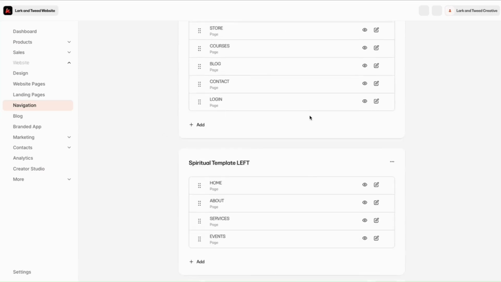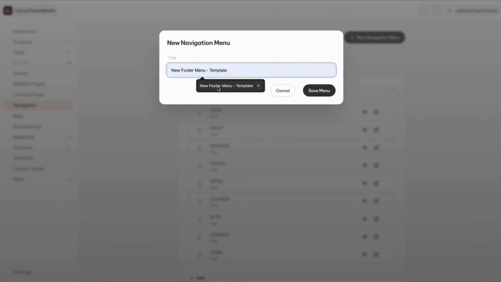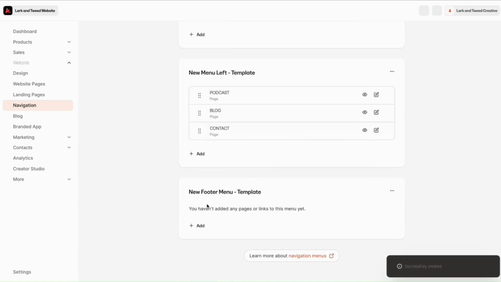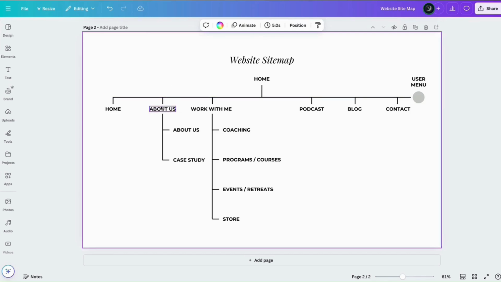So now we need to create the footer menu. And we will call this new footer menu template. And so for what you're going to include in the footer menu, you could do columns and have each of them have a top level menu item at the top. But I like to keep it short and streamlined, but also you want to include all of the pages in your footer, because that's typically where, if people are looking for something very specific and they can't find it just from looking at the top at a glance, people have been trained to go look at the footer. So what we're going to include here is all of these pages, everything except for the user menu,